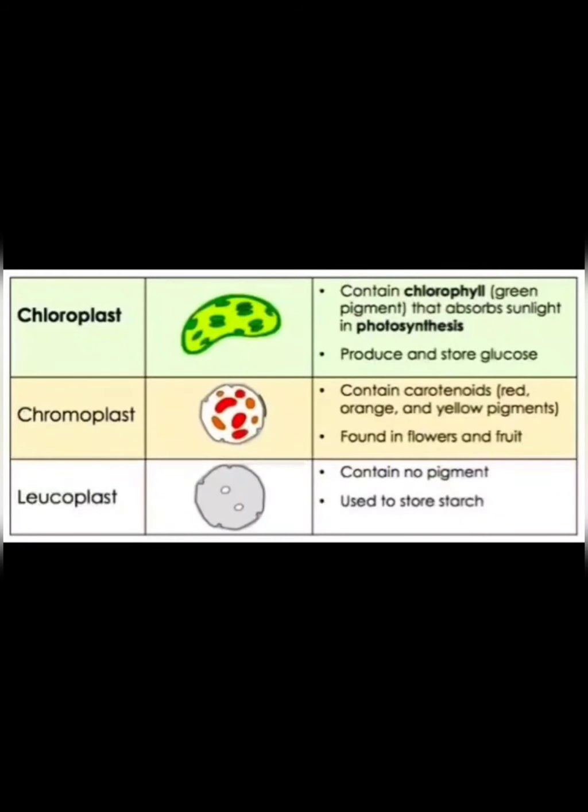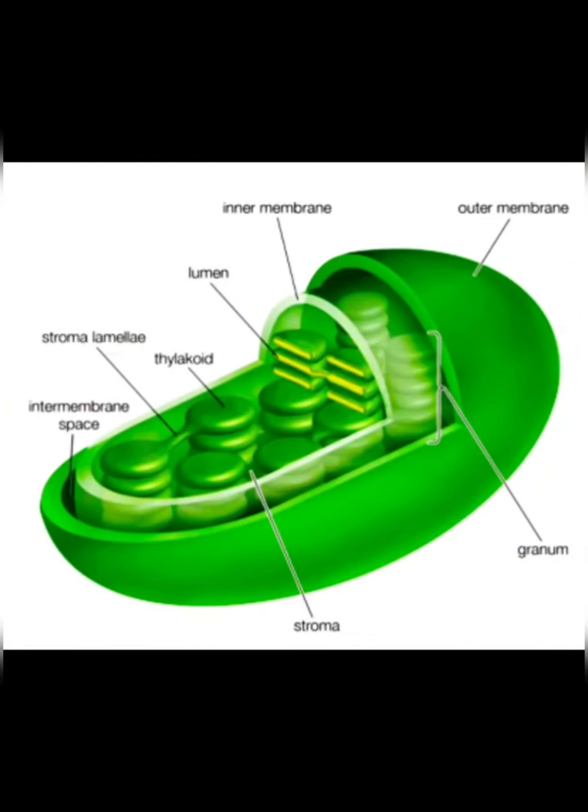And leucoplasts are generally colorless plastids. They are generally white in color. So the white color of flowers and the white fleshy part of fruits are generally because of leucoplasts. As you can see, chloroplasts have different shapes. They are disc shaped, oval shaped, etc. And as you have seen in the algal strands also, they look like small spherical structures inside a cell. The diameter of these chloroplasts in higher plants can vary between 4 to 10 microns. The primary function of chloroplasts is to trap solar energy, which helps in the process of photosynthesis.